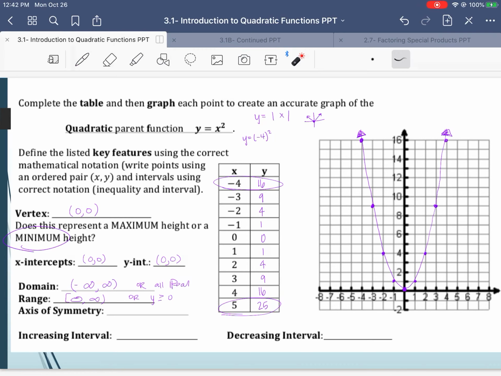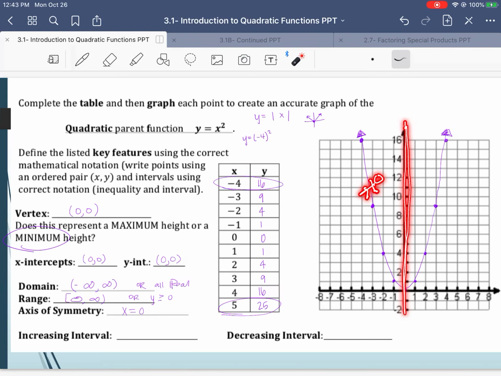The axis of symmetry, if I were to fold this parabola in half, it folds right on that y-axis, or in other words, where x is 0. So again, we write it as a line, x is equal to 0. And then increasing and decreasing, this is the one that's a little bit different, but notice there's always two pieces to this. There's an increasing and a decreasing. So here's our axis of symmetry. If I draw a little hiker on here, you'll notice that the values, we always read them left to right,